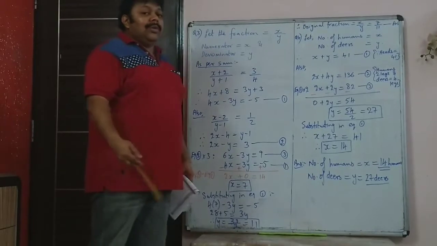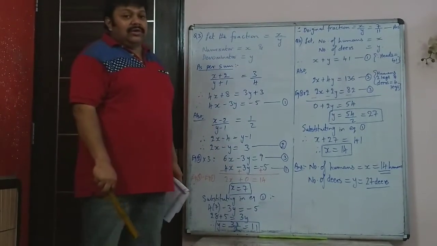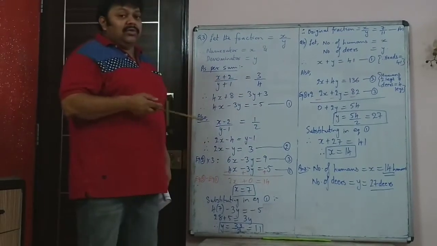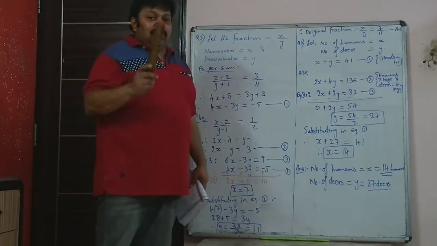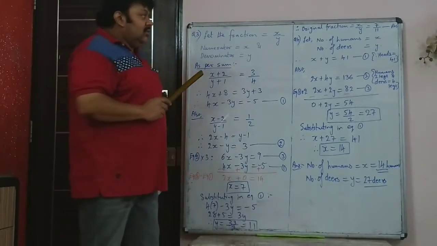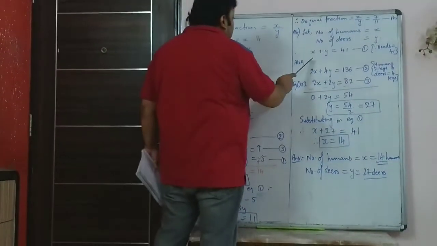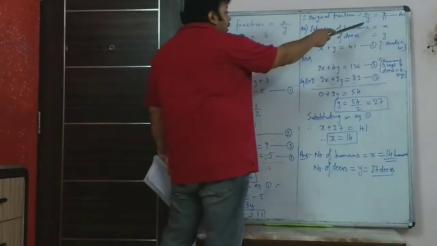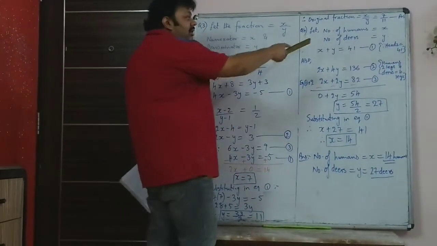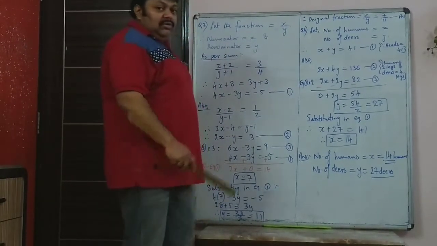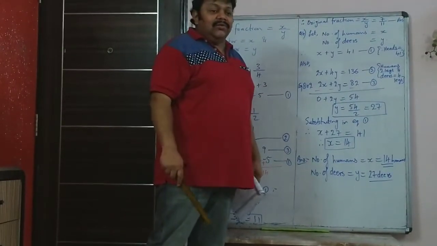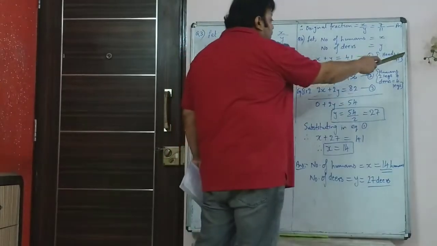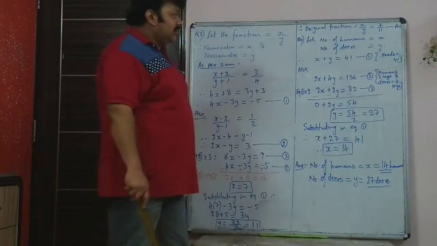So we don't know how many human and deer visitors are there. It's a deer park, so deers are there in that park, and humans are just going to see them. So both human and deer has got one head. So we can say that the number of heads of human and deer is 41. That is clearly given. We are taking number of humans as x and number of deers as y. So the numbers will coincide with the number of heads. So x plus y is 41 because total heads is 41.